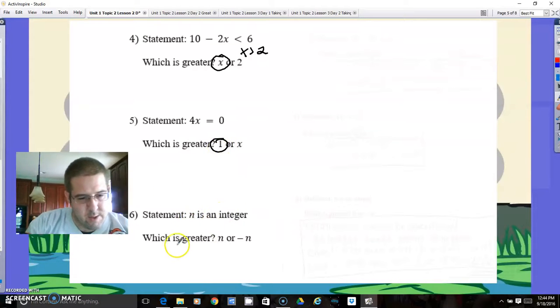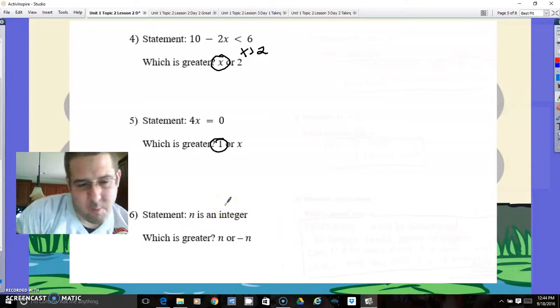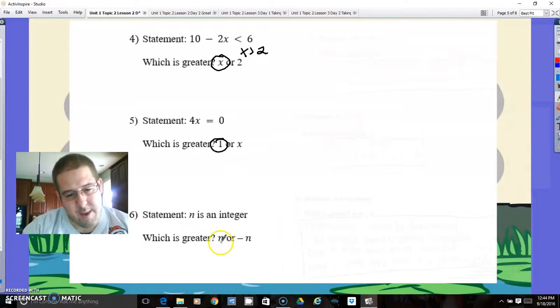If n is, so I do like this one also, which one is greater? If n is an integer. Now keep in mind, an integer can be both positive and negative, so it can be one or the other. So n here could be a positive 10, it could be negative 10. We really don't know. And the opposite of n, well, if